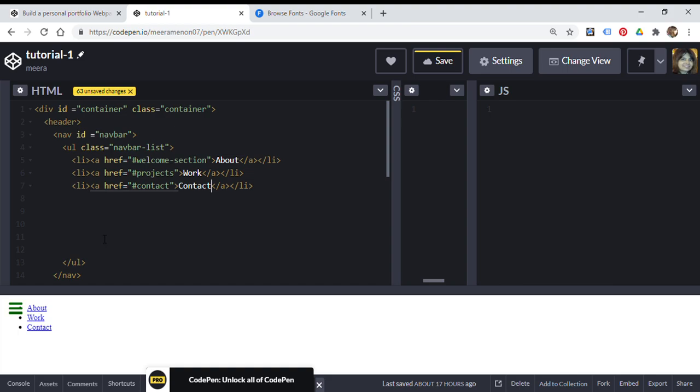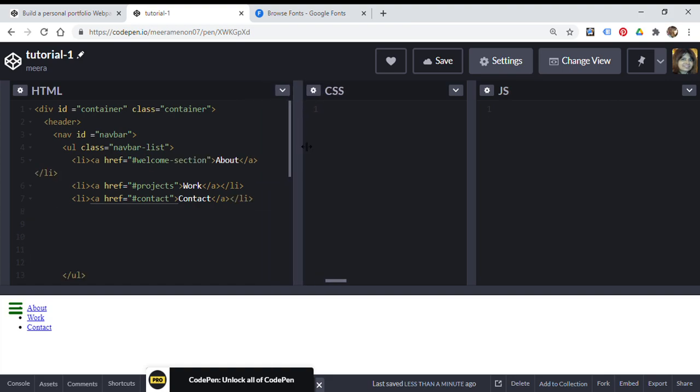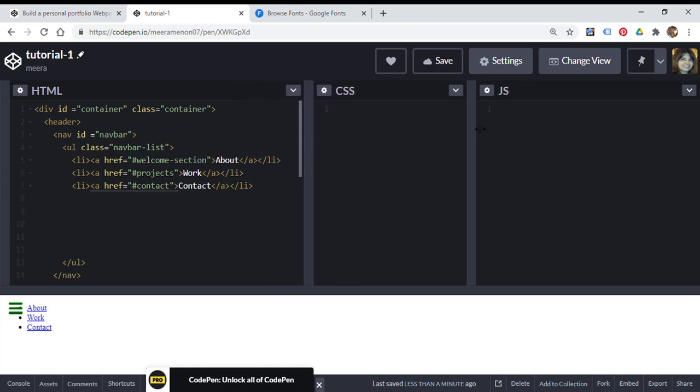Yeah. So let me save it. So my nav bar is already ready. Am I missing something? No, it's all there. But I need to get rid of these bullets and the lines and all that. So I need to do my CSS quickly. I think I may have time for my CSS. I'll try to do it as fast as possible. Okay.